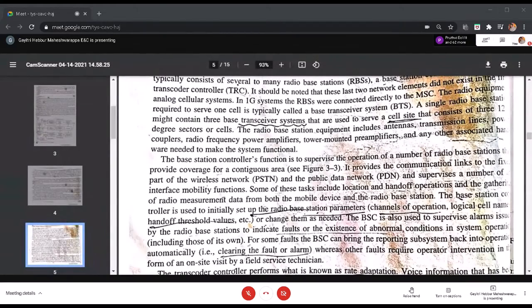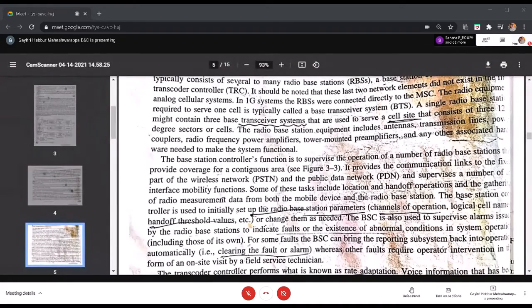Okay, with a particular radio base station, what should be the coverage area? That depends on the output power of the particular antenna. So each radio base station will have its own handoff threshold values. As I told you, the radio base stations are placed in the urban areas or the city areas.